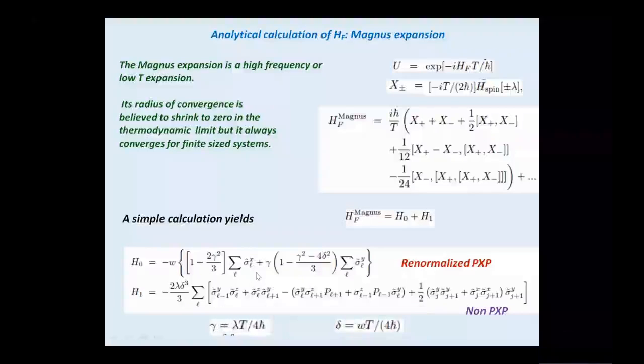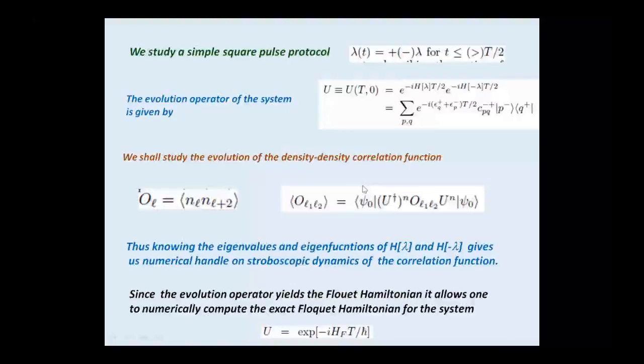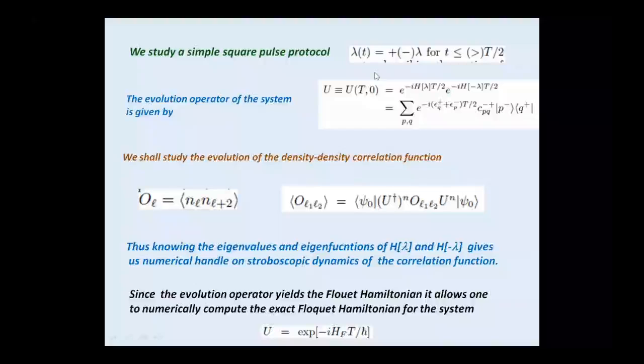Remember, in the original Hamiltonian, what I had was a sigma x tilde and then a sigma z. So in the Floquet Hamiltonian in the high frequency regime, remember this parameter gamma is lambda by omega, or lambda times capital T, and delta is W times capital T. If I am in the really high frequency regime, all I have is sigma x tilde. That is understandable because there the Magnus expansion is just the average Hamiltonian. Because I am driving it by plus or minus lambda, in the average Hamiltonian this sigma z term just cancels, and all you have is sigma x tilde.